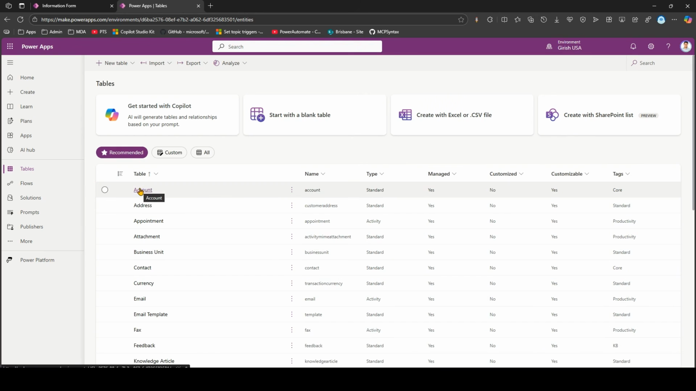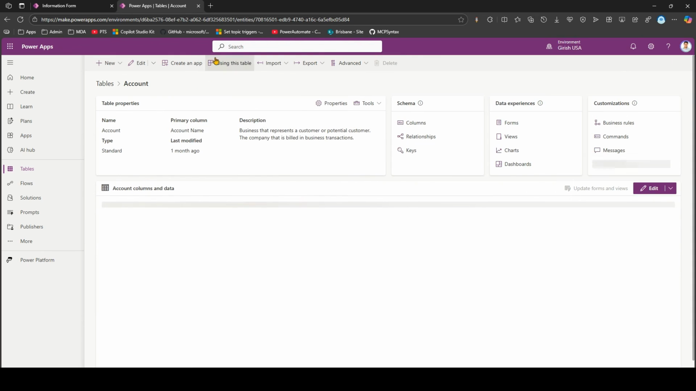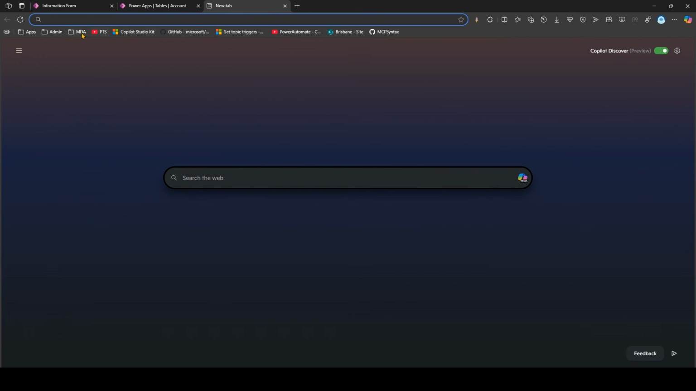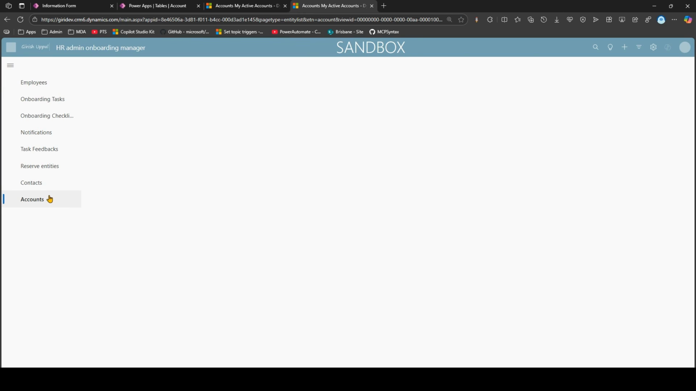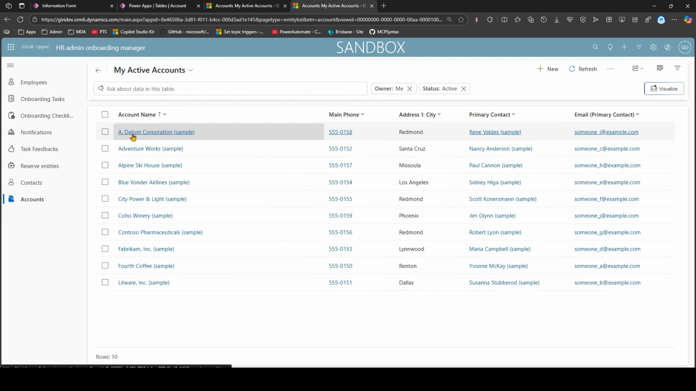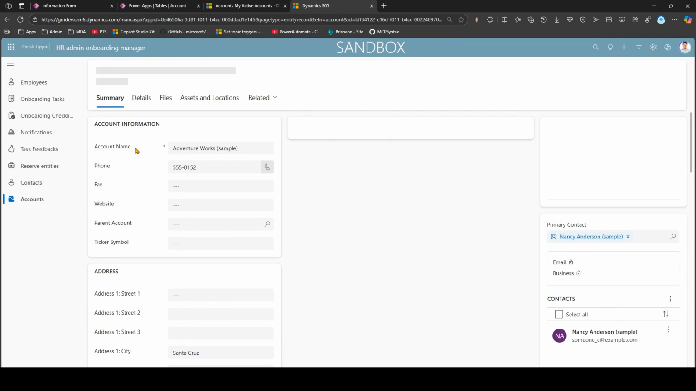Now, if you see, say, account, if you open an account form, I'll show you an example by opening a model driven app. So I already have created a couple of model driven apps: MDA animal welfare app and HR onboarding app. Now in this app, I have created this account page. Within the account page, let me navigate to one of the accounts, and here you will see that against an account there is a reference to another table which is of type